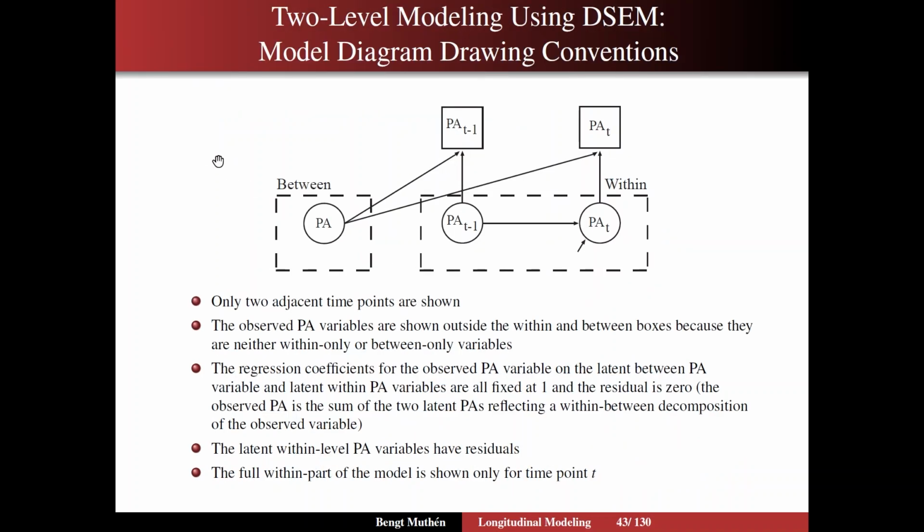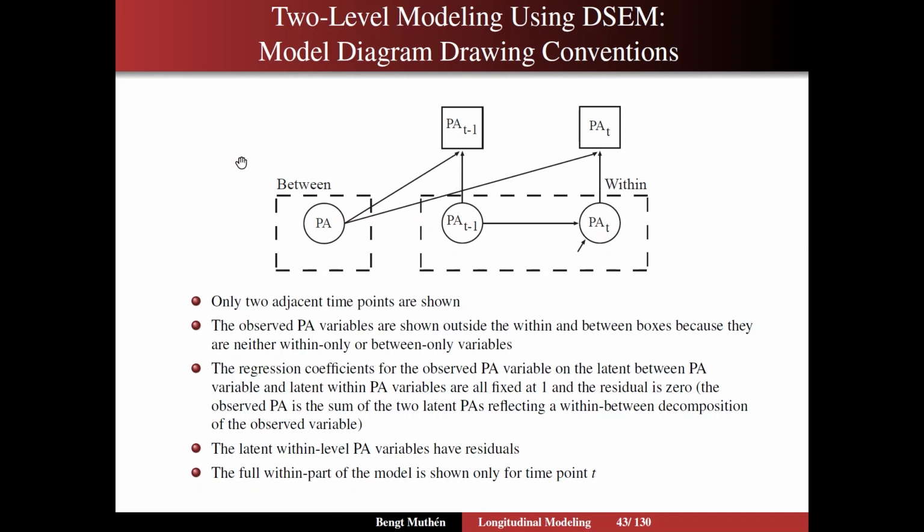Now, there are several conventions in drawing this that are implicit and become second nature after a while. First of all, what we mentioned is that we only draw 2 adjacent time points, t and t minus 1. The second is that we draw the observed variables outside the within and between boxes, because they're neither within only nor between only variables. And the third thing, rather, is that the regression coefficients for the observed PA variable regressed on the latent between PA and on the latent within PA are all fixed at 1. So these arrows all have